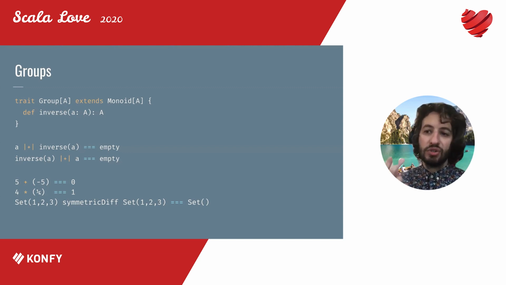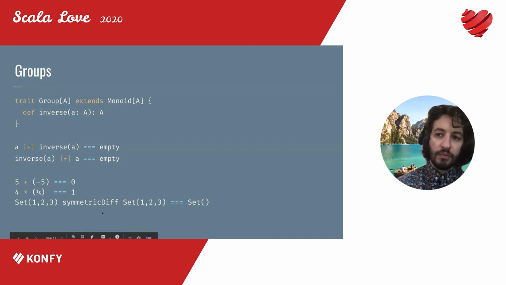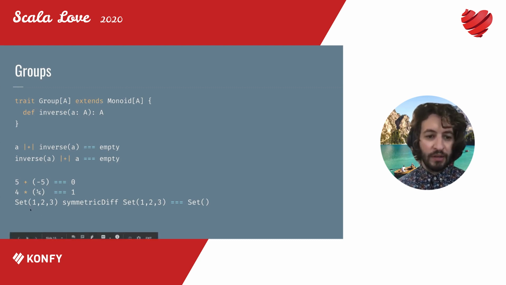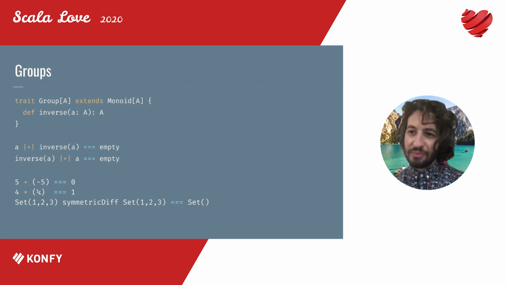So those are two groups defined on numbers, but we can also define it for something like a set, where the symmetric difference of a set is a group, right? And the interesting thing is that this is a special kind of group where the inverse is actually itself. So the inverse of set 1, 2, 3 is also set 1, 2, 3. But if you then use the symmetric difference on the two, you still get the set. And it's still a very valid group, even though the definition is kind of weird, right? So you wouldn't expect the inverse of something to be the same thing.